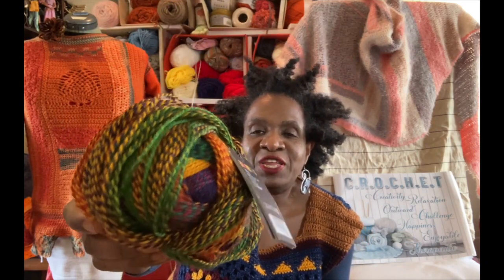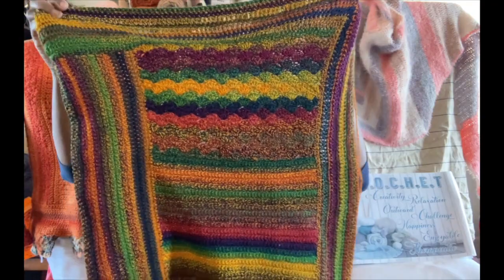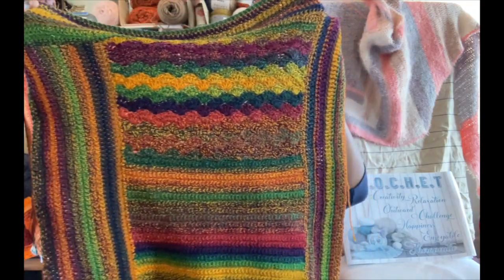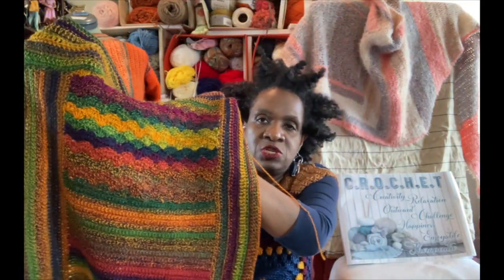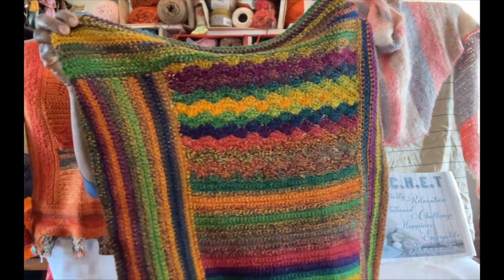I have completed the finished objects, and now I will show you some works in progress that I have. One of the items I'm working on is a top made with the Zottaball yarn, and the colors are orange, green, and red throughout the ball, and I think it came out really nice in the top that I'm making. So here is the front part of the top, and what I like about it is that you can see all the colors,